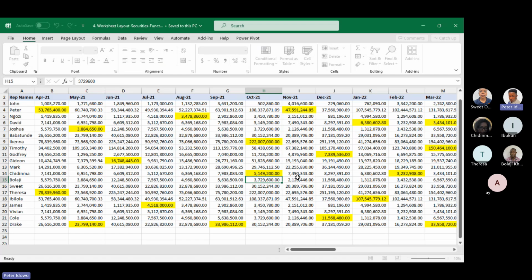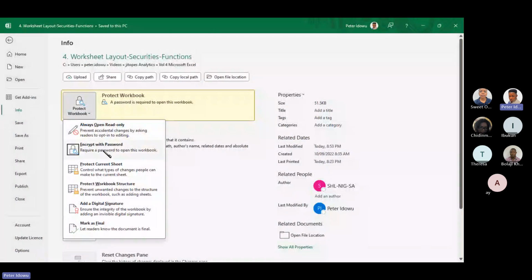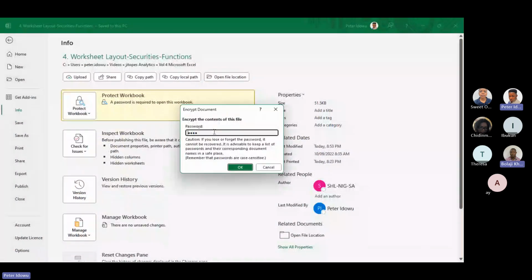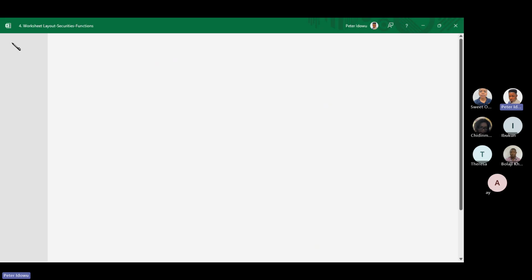Let me go back to File ribbon tab, Info. To remove the password, just click on Encrypt with Password, then you just remove the password, and you have removed the security from the workbook. That is workbook. Now, how do you then secure